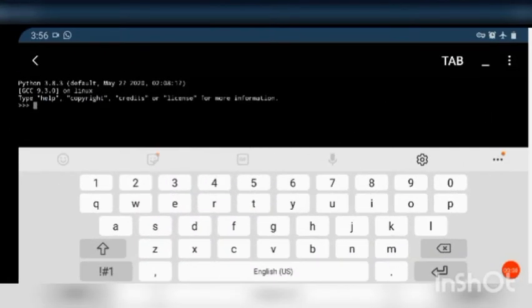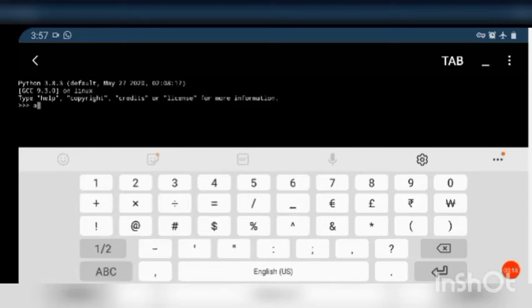Let us see one example of aliasing. You can see I am giving a name A, which is a list. A is equal to, since it is a list, I am representing it in square brackets, a list containing integer values 1, 2, 3.